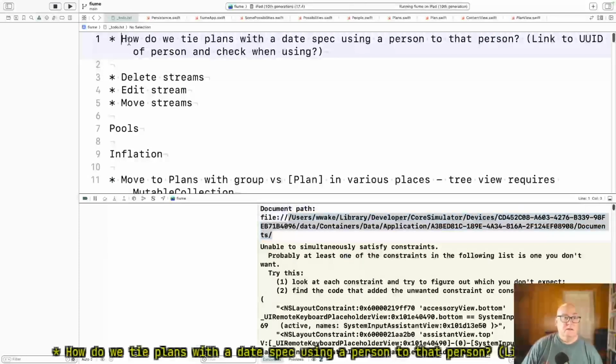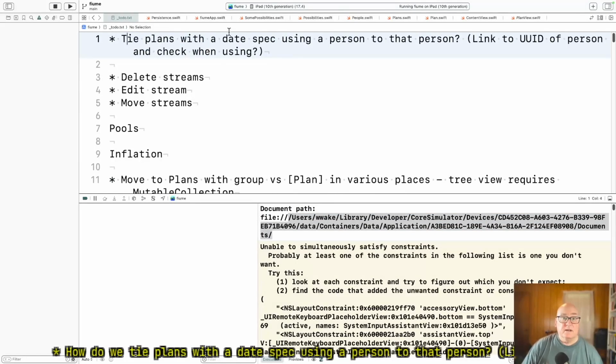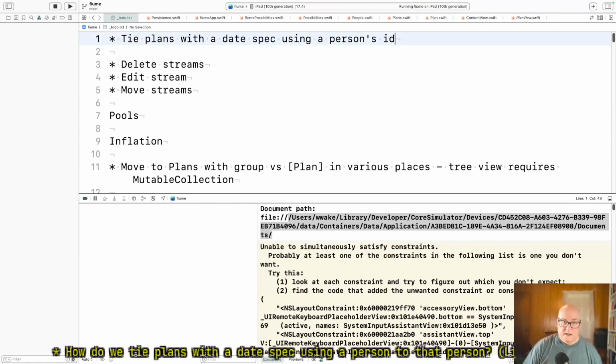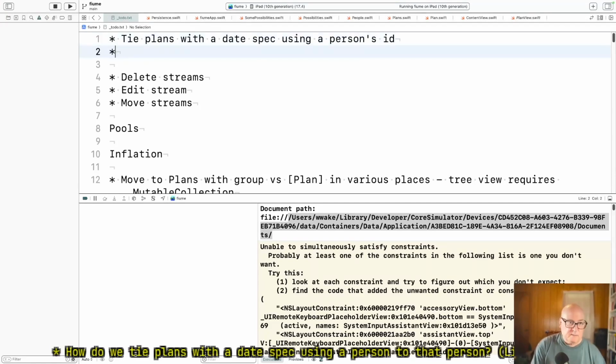Well, let's turn this into more of an action plan. Tie plans with a date spec using a person's ID. And then something that's going to go with this, let's just capture: change date spec to use person ID.